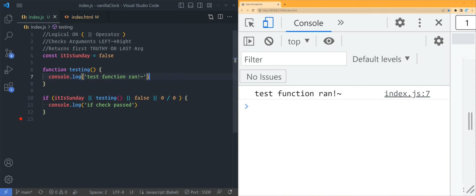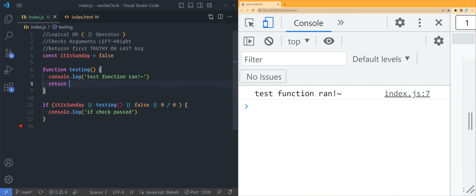What if in our function, I return an empty array? An empty array coerces to true. Therefore, it says, hey, are you truthy? Nope, but you're truthy. Cool. So I'm not even going to do anything else, I'm just going to say that it's true. And we can prove that by, let's say, testing or